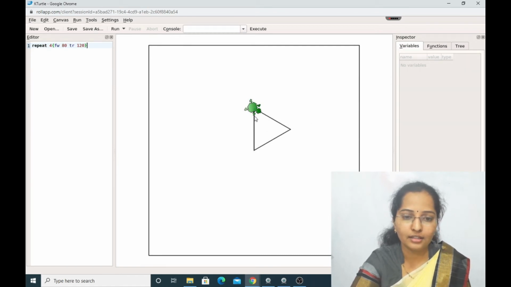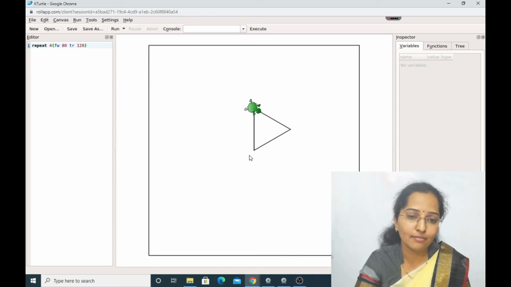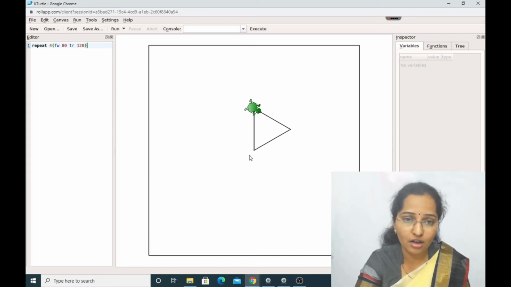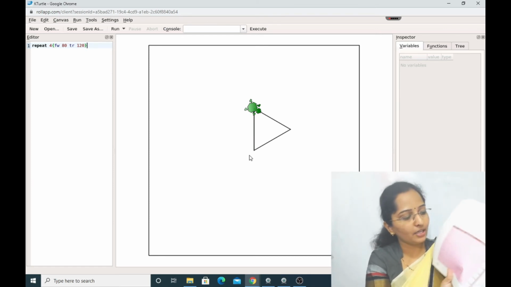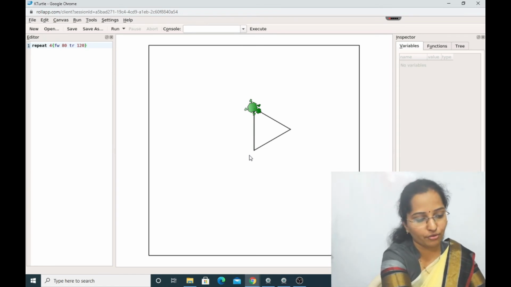Are you getting it? The triangle shape has been drawn which has equal sides. Similar diagrams of equal sides and equal angles you can draw using the repeat command, and the same you can copy or try from your textbook page number 54.